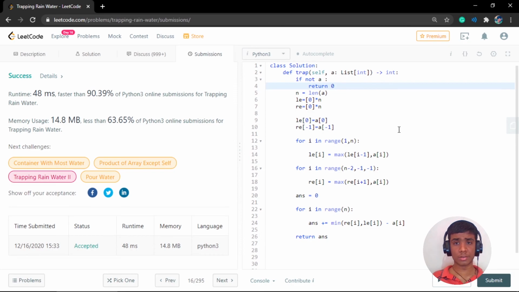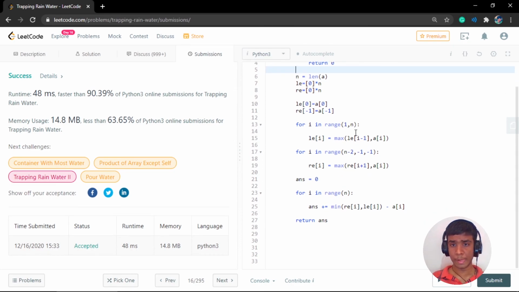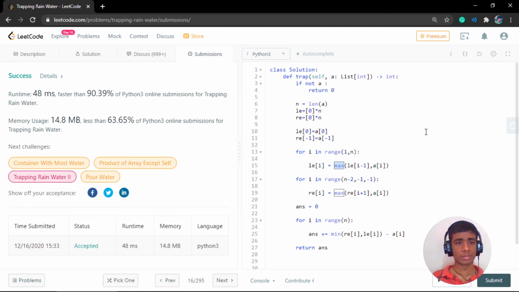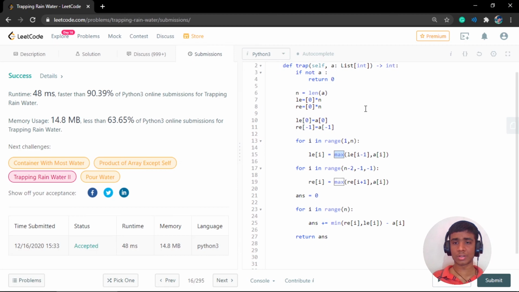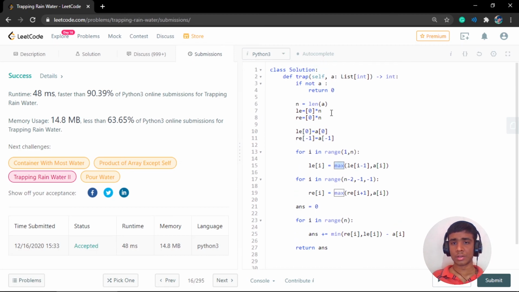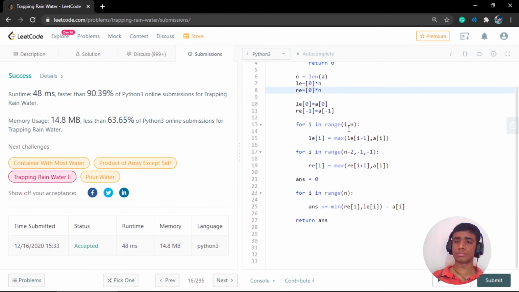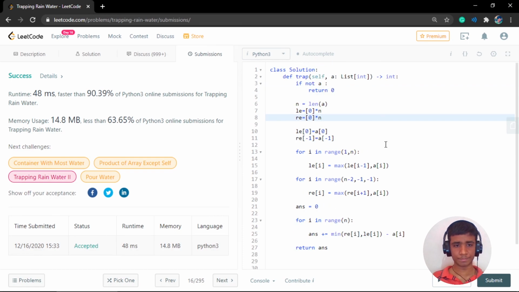And one more optimization step for this problem is you can simply replace these max and min functions with a simple if statement, because theoretically these max calls are costlier than an if. So if you replace that, then we can maybe even beat 95%. And the memory usage is linear. We are using two arrays, so our space complexity is big O of 2n, that is big O of n, and our time complexity is also big O of 3n, that is big O of n.